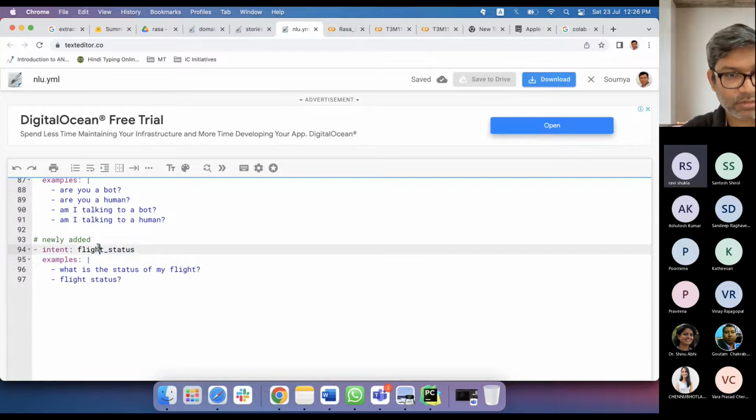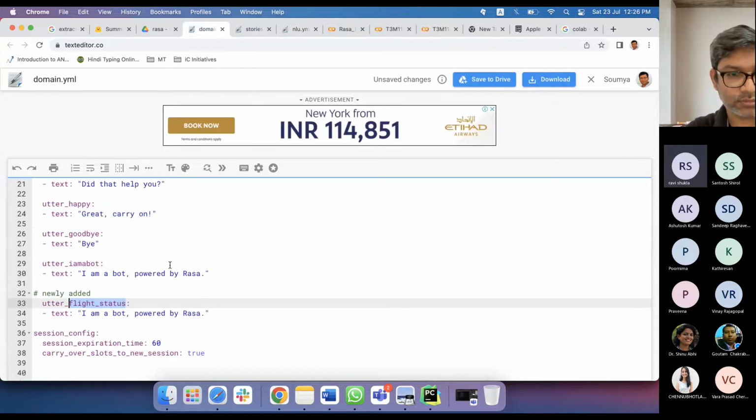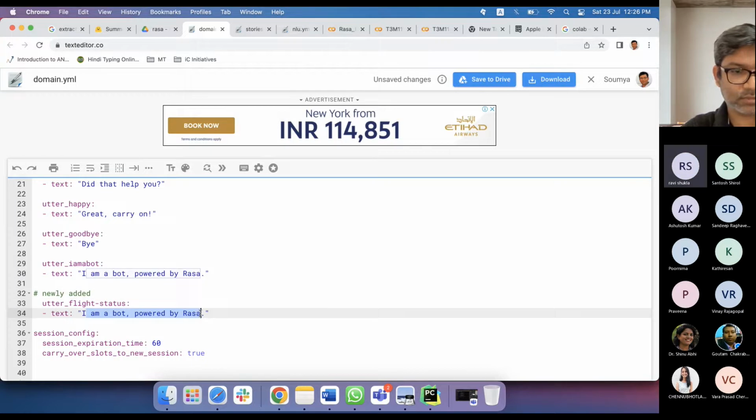No, not necessarily. You can keep it as flight status without any underscore also. That's fine. Now you can say, please give me your PNR number. By the way, PNR number is mostly in trains, right? But nowadays even flights have PNR. Please give me your booking information. Something like that. Yeah, that is one very simple.